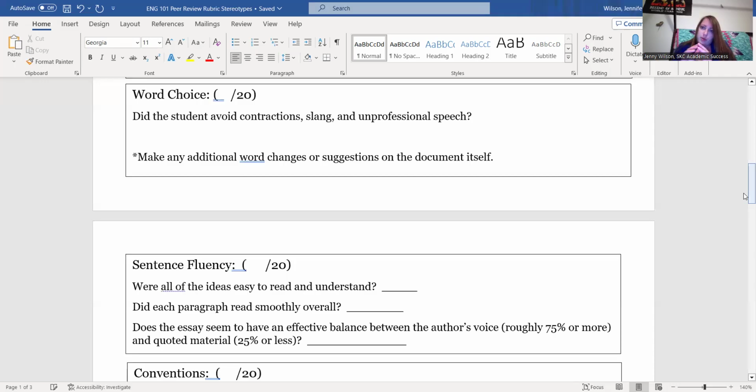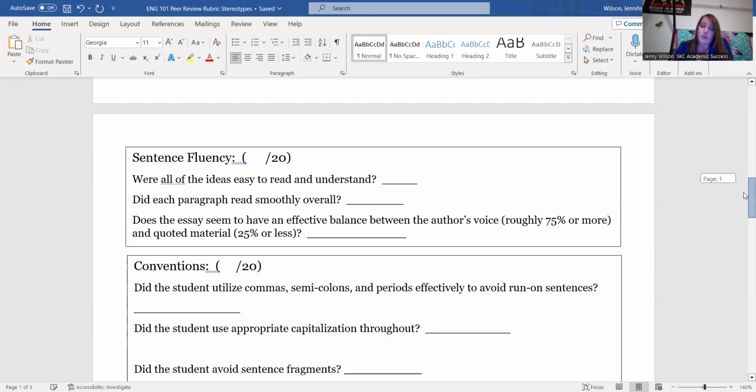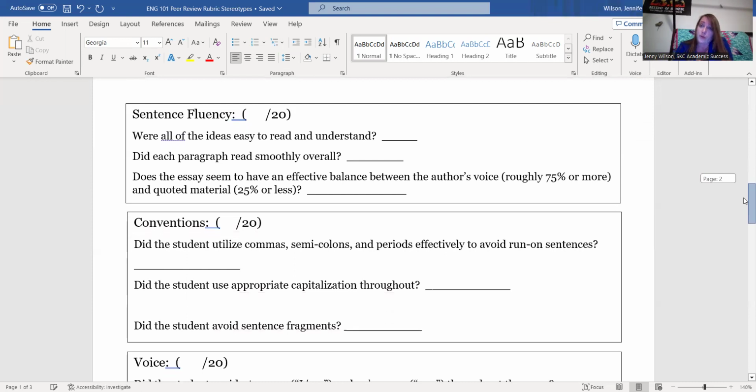It's not wrong to use a contraction such as I'm or isn't or didn't or don't or something like that. But when you shorten your words frequently, it gives a certain overall feel to the essay, versus when you make the effort consistently to spell out words, it gives the paper a different feel, a different impression. Okay. So, the same goes for slang and unprofessional speech in general. That's something you can do no matter who you are or what level of writing you feel you're at to improve any paper.